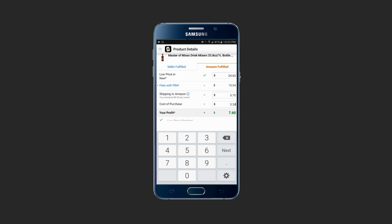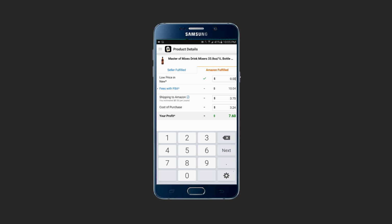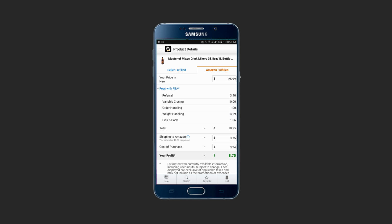And while you're on the product details page, be sure to look around and play around with some of the different sections that they have here. Everything is fully editable. So just say you don't want to sell your product for $24.63. You can actually come here and change it to whatever price you'd like, and everything updates in real time. Another benefit is if you look where it says fees with FBA, if you click there, it'll break down each and every last one of the fees